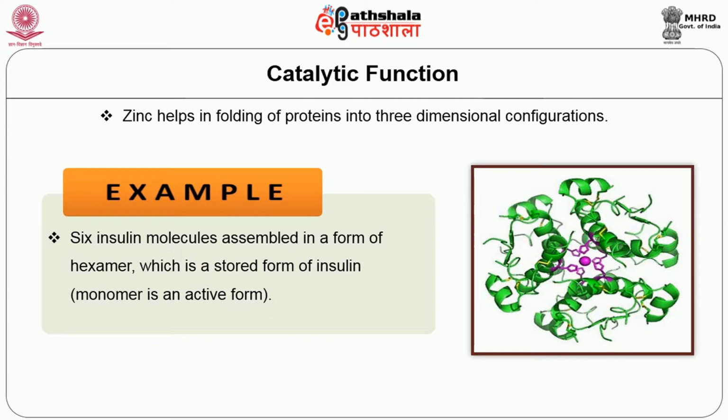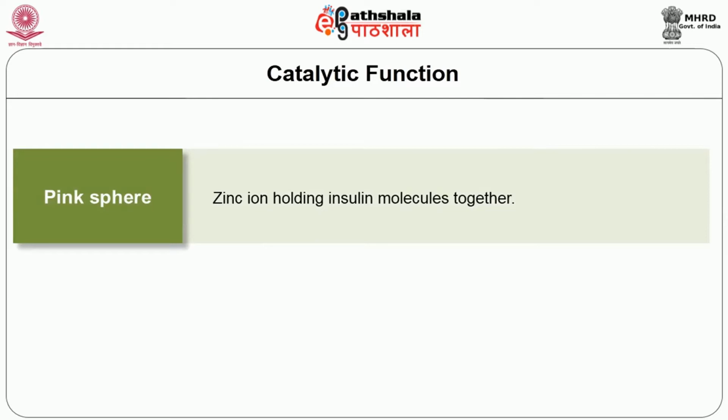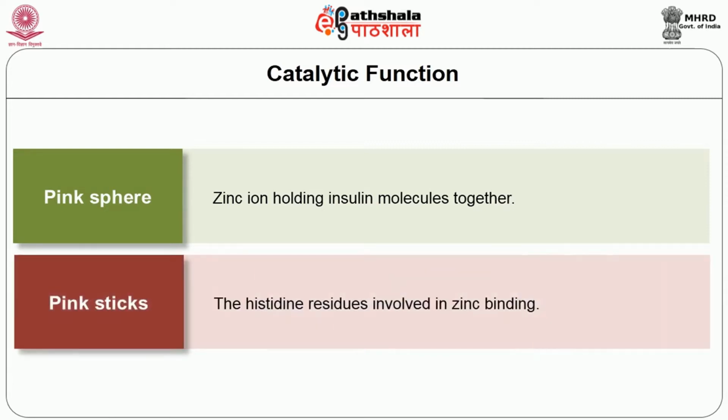So hyperglycemia. What happens is the zinc brings about a structural modification, folding of the protein, for it to do the function. Here 6 insulin molecules are assembled in the form of a hexamer, which is the stored form of insulin. Now you can see the central portion, what you see is the zinc, the pink sphere. So the zinc ion holds the insulin molecules, there are 6 insulin molecules joined in a 6-fold symmetry, and it